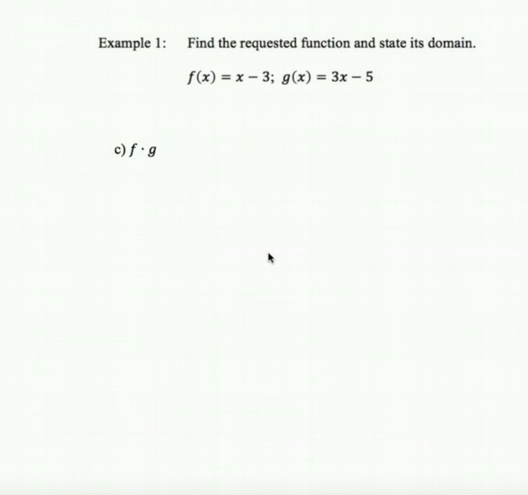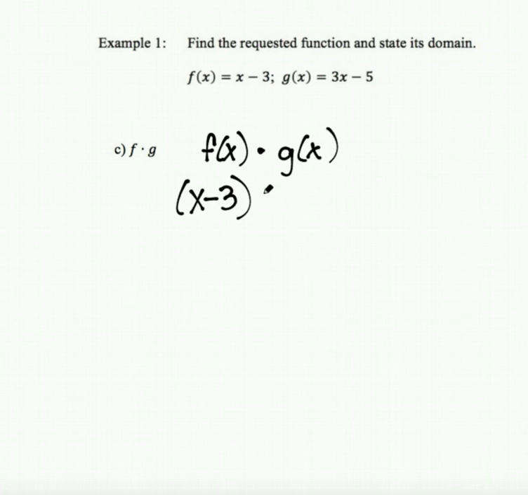Part C, we're going to find f times g. And again, I'm going to write it as f of x times g of x. So my f of x function is x minus 3, and I'm multiplying that by 3x minus 5. So I have a binomial, 2 terms, times another binomial, and to simplify that, I'm going to FOIL,